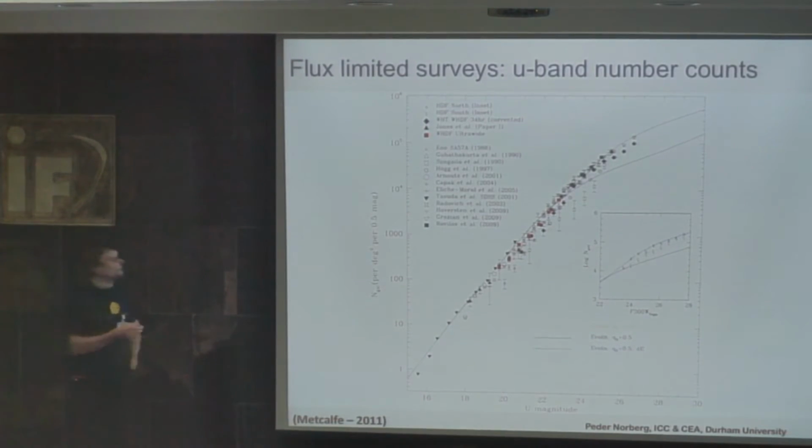So when doing flux emitter surveys, one of the classic things, you have done your modeling or selection function and so on, but this is a classic quantity we call the number counts. Now, this is shown in the U-band in this case. This shows you the number of galaxies per square degree as a function of U-band magnitudes, and it shows you what different surveys find. Now, why they show this is because this is an observationally very straightforward, or approximately straightforward, plot to do, but